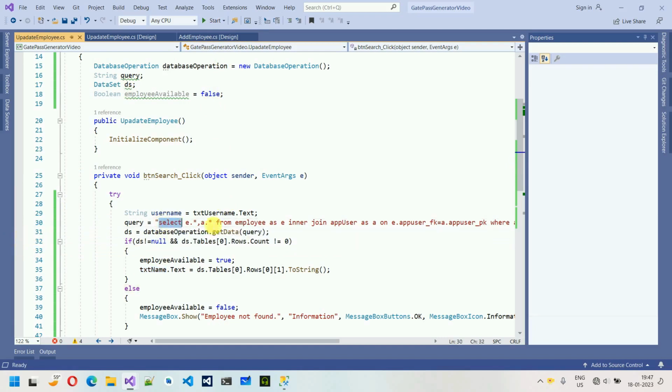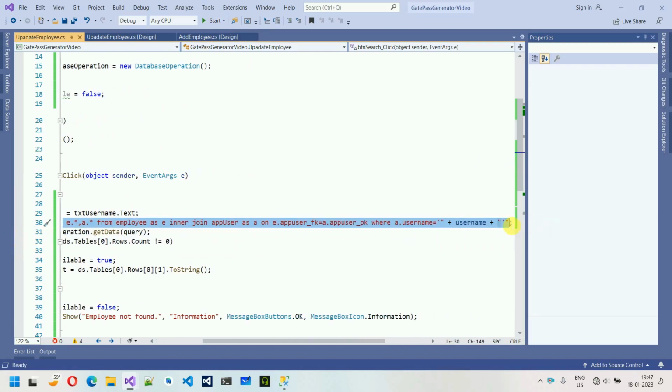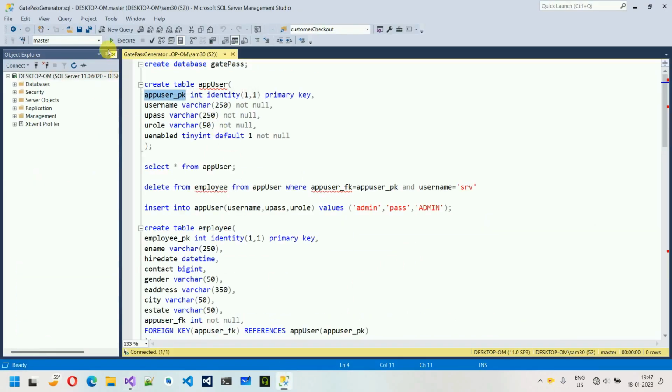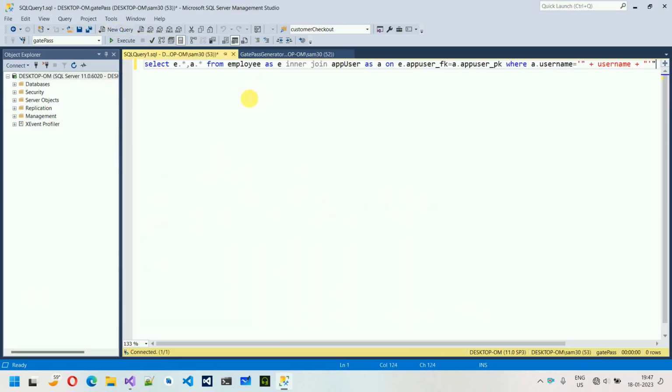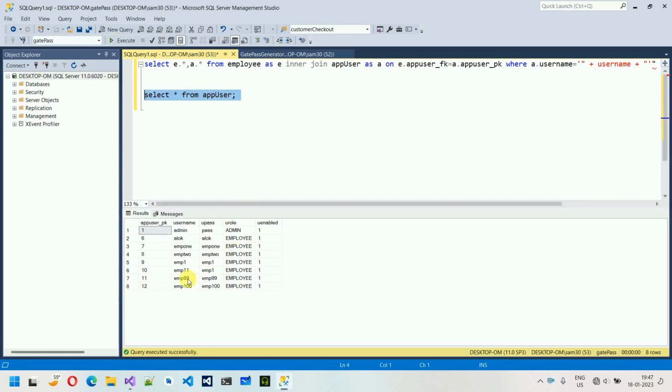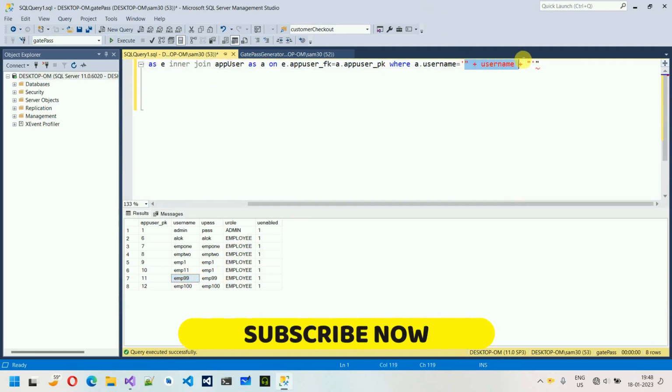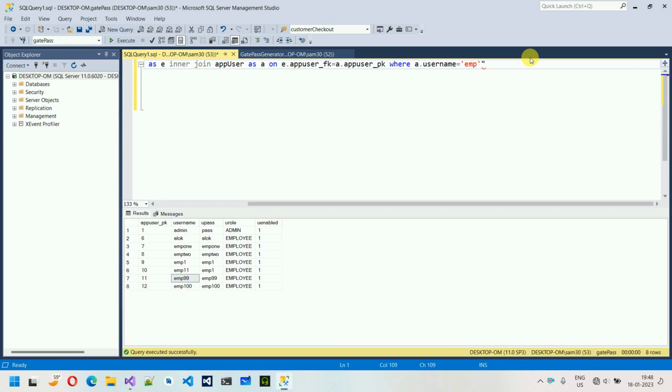better way to do that is, let me just copy this query and move back to the database. Let me just change from master to the database which we are using, that is pass, and let me just create a new query table and move back over here. What I'm going to do is select star from app user and just execute this. And here we have added emp99 in the last lecture. So I'm going to just put emp99 over here. So emp99. Let me just close this and let me select this one